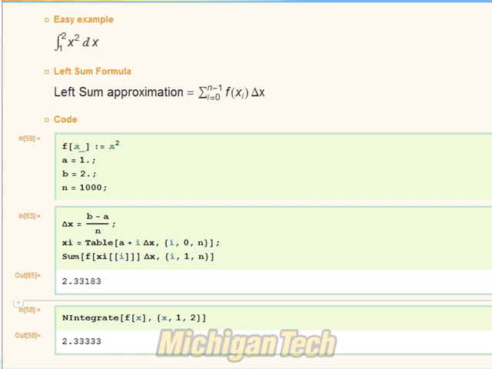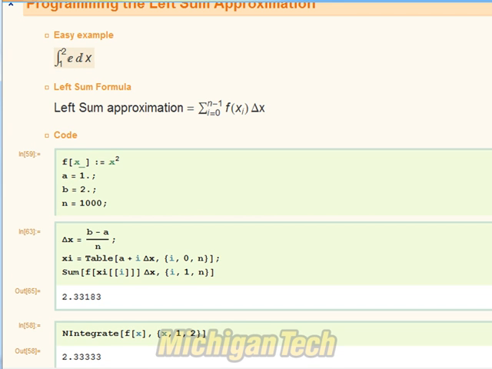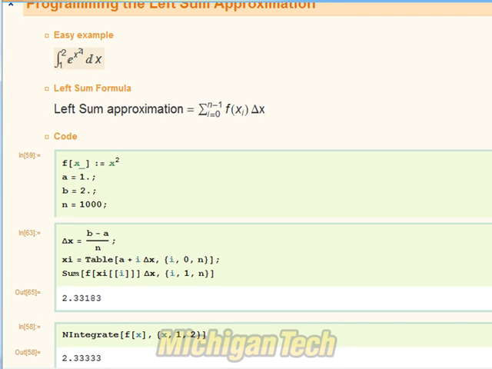Now one of the nice things about Mathematica is that I've constructed these cells in a very natural way. I could actually leave my code like this and just change the values and use it for other problems. For example, if I wanted to find the left sum approximation of the definite integral of e raised to the x squared